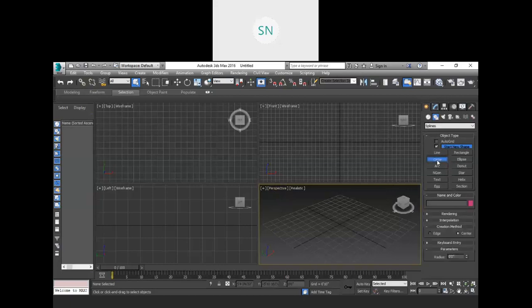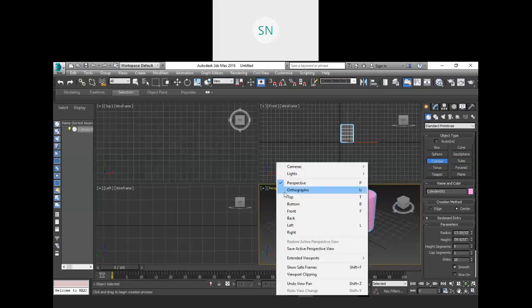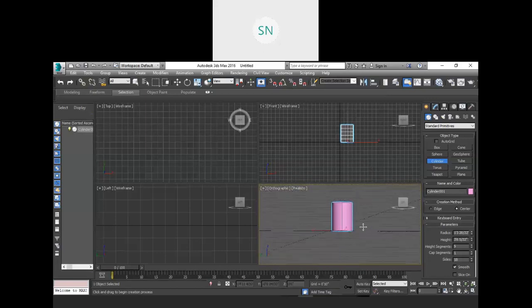For example, I am creating one cylinder over here, so it will look like it's floating. Whenever you move your object, it will tilt a little bit. That is due to the perspective effect. If you stay in orthographic view mode, then you will notice that we are perfectly on that plane,